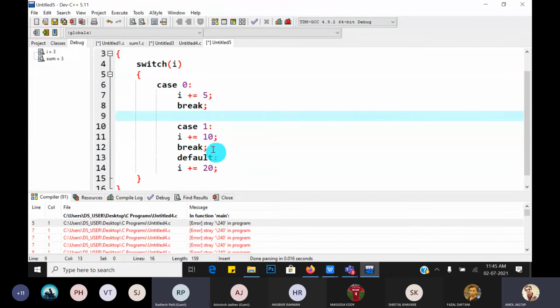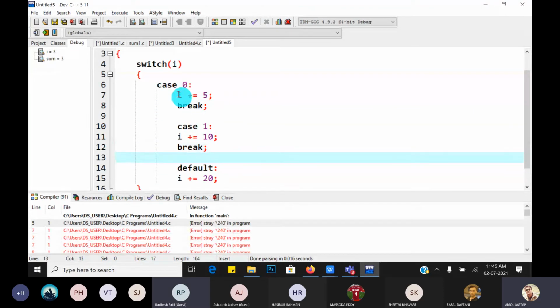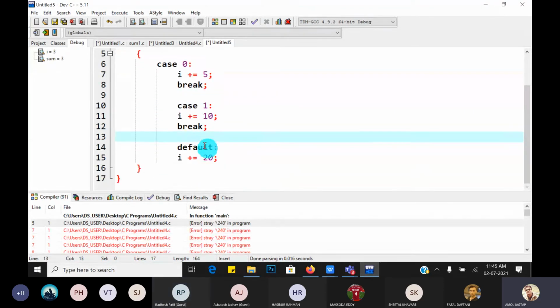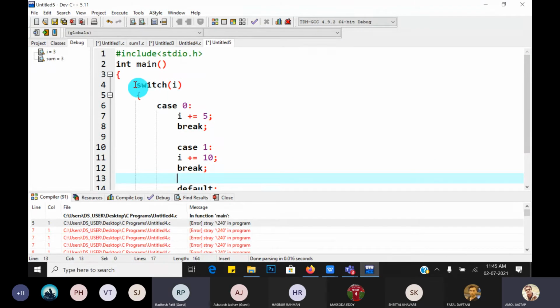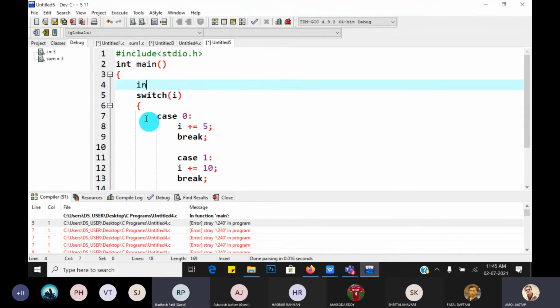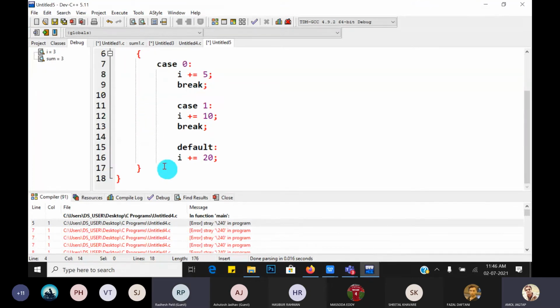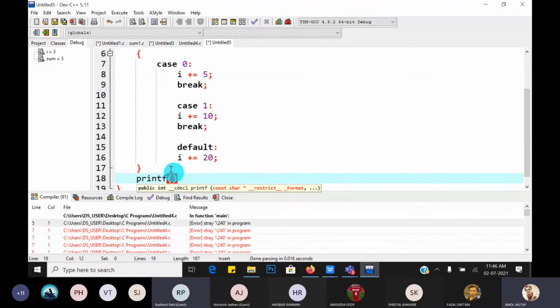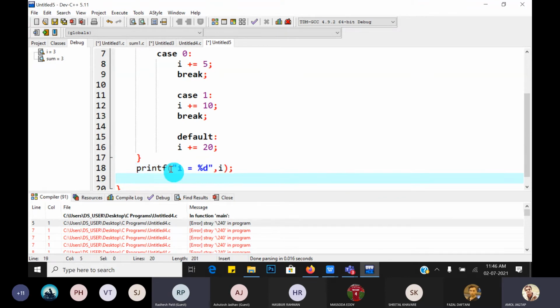Suppose I give some spaces: 3 cases, case 0, case 1 and default case, and this is the switch, and I have initialized the value of int I is equal to 0. Then I have to printf the value of I, means I is equal to %d, comma I. And the last statement is return 0.